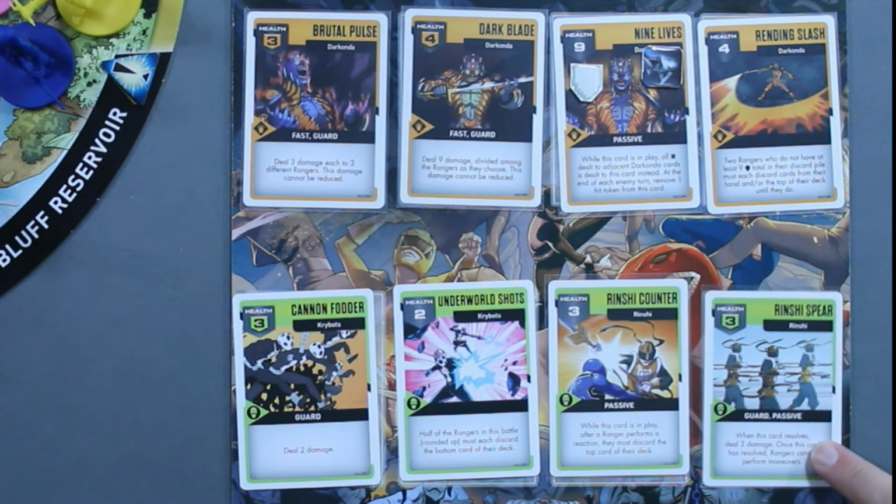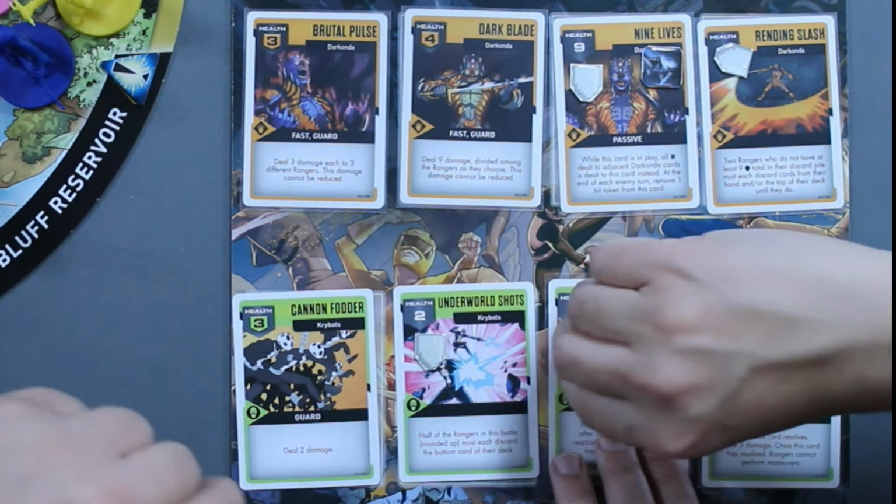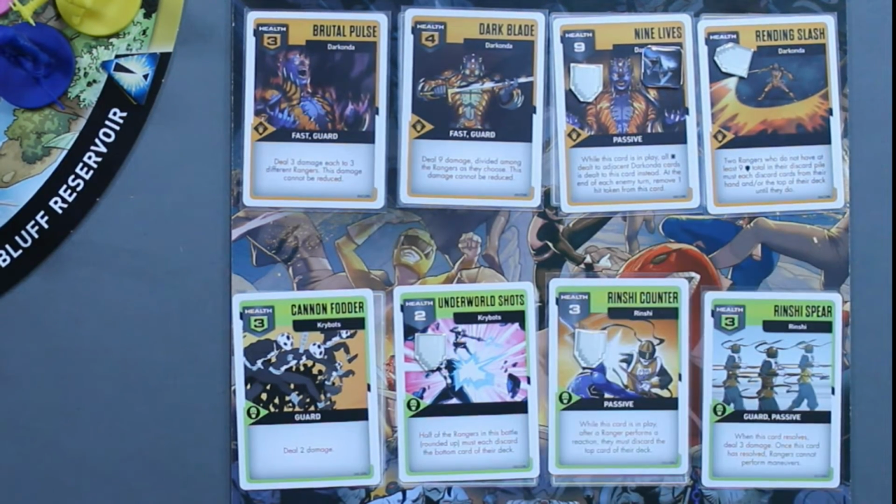Shoot. Well, this is all the way at the end. But it's the problem, his Rending Slash. Right, so that's guarded here. That's guarded here. Love your tokens, dude. That's guarded here. And the under... Yeah. Okay. All right, so let's...